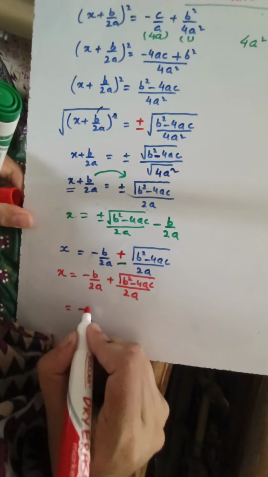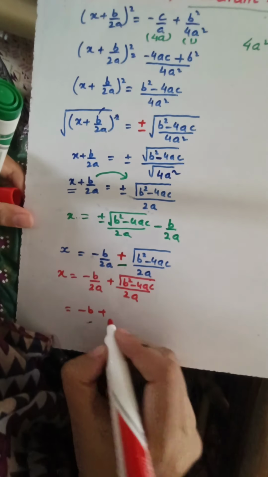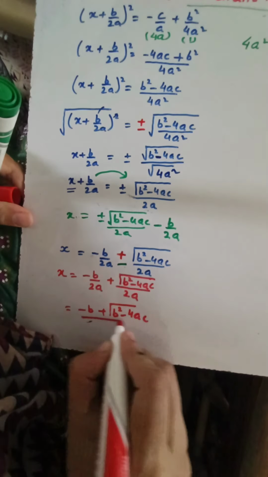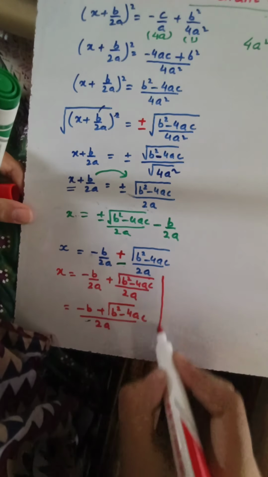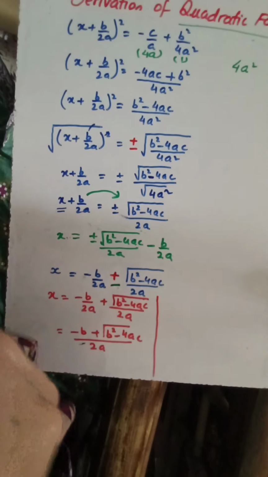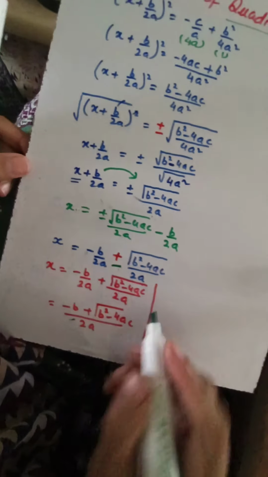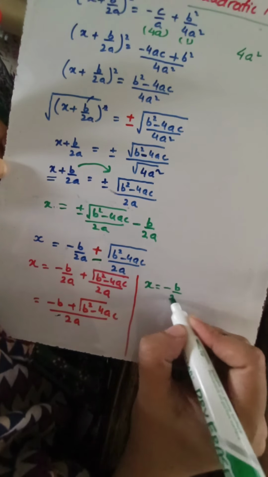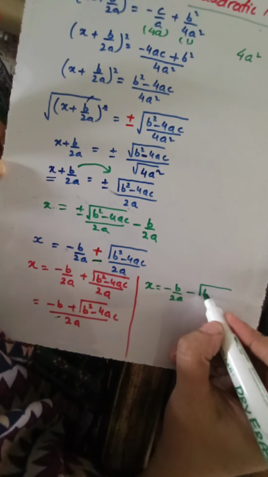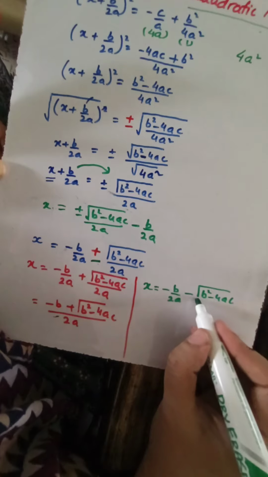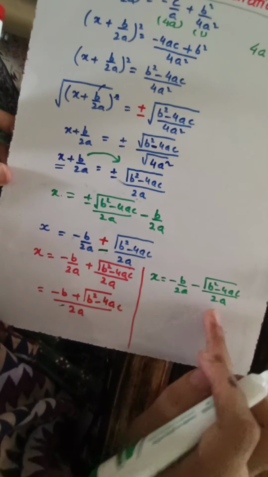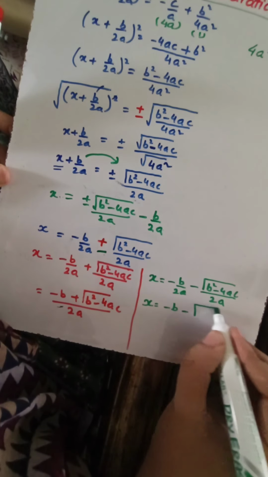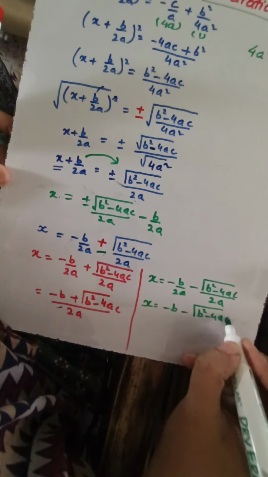also be written as minus b plus, because the LCM is the same, minus b plus under root b square minus 4ac over 2a, and the second case was that of the negative sign, x with minus. Okay, x is equal to minus b over 2a minus under root b square minus 4ac over 2a. Again the LCM is the same, so I am going to write it as minus b minus under root b square minus 4ac over